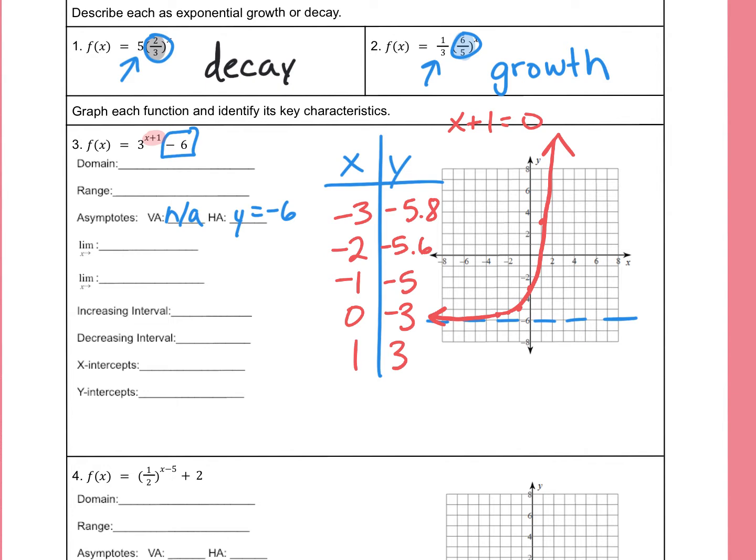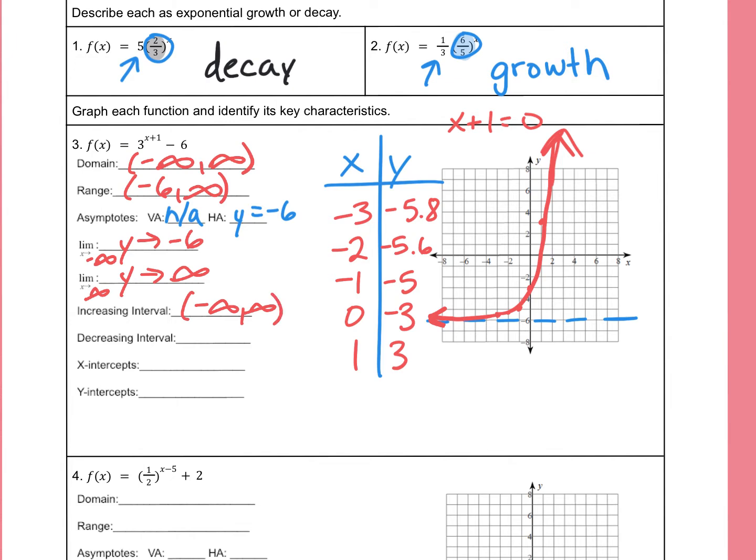Okay, so if I look at this domain, from the left to the right, this is going to go from -infinity to +infinity. Range, from bottom to top, this is starting at that asymptote at -6 and going to infinity. Limits, I just copy down my domain right here. As x goes to the left, y is going to stop at that wall, that asymptote, so that is at -6. And then as x goes to the right, y is going up forever. Call that infinity. We already said this one's increasing, so I'm just going to copy that domain down,